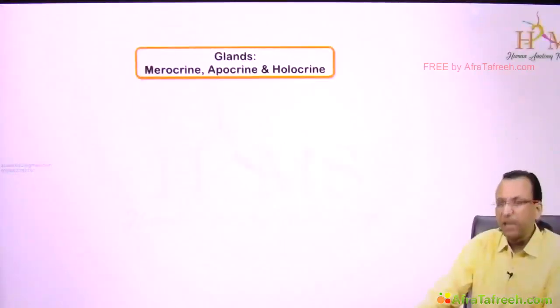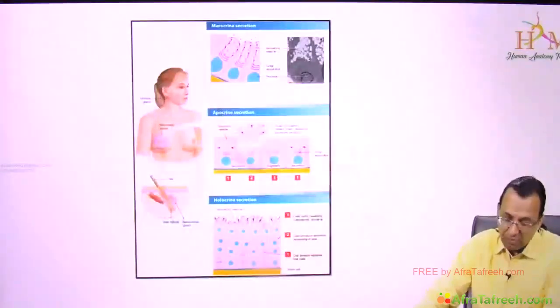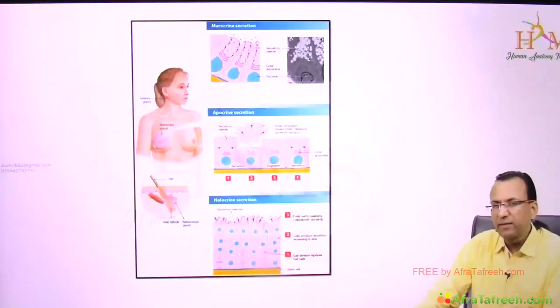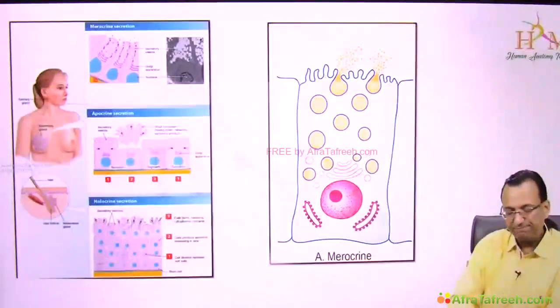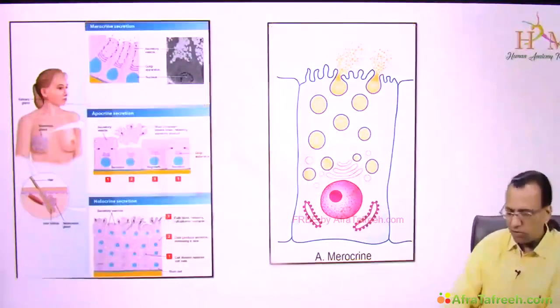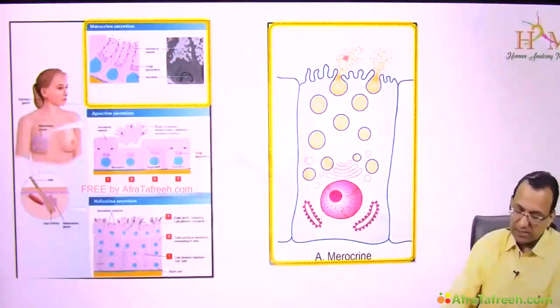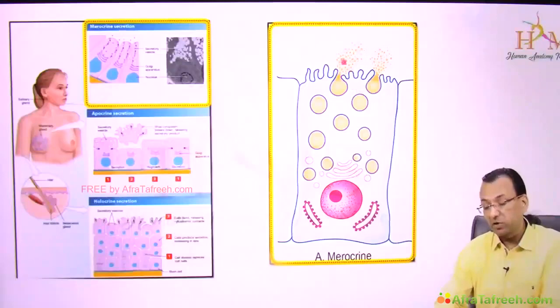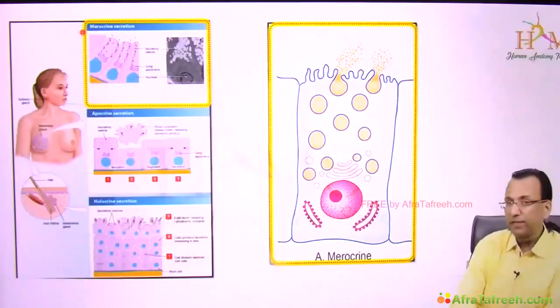The various types of glands: merocrine, apocrine and holocrine, because recently some questions are coming. We've got to discuss the three types in this diagram, and let us first focus upon salivary glands, the merocrine variety. How do you know salivary gland is merocrine? Because secretions are coming, but there is no loss of cell membrane. Without loss of cell membrane, some secretions are coming, and that is called merocrine type of secretion,